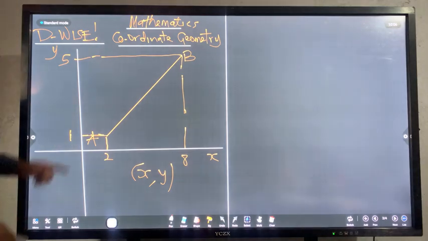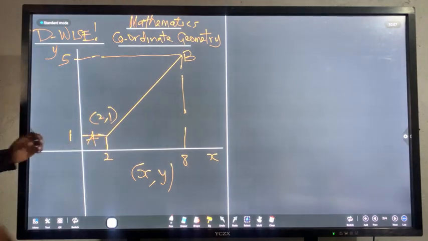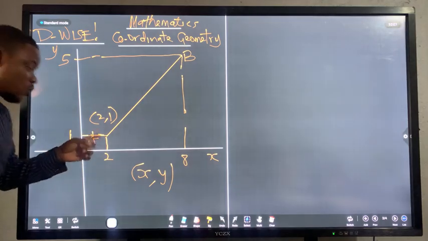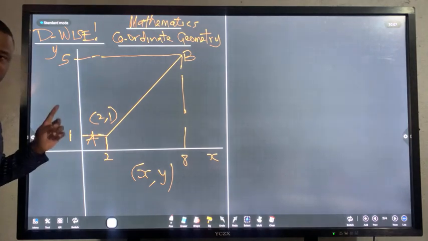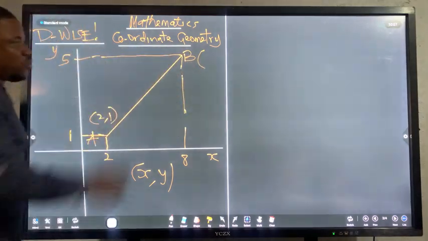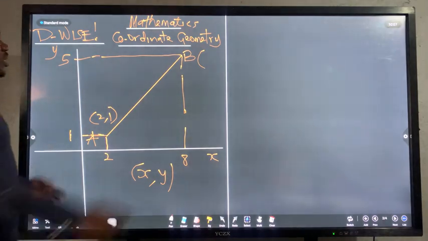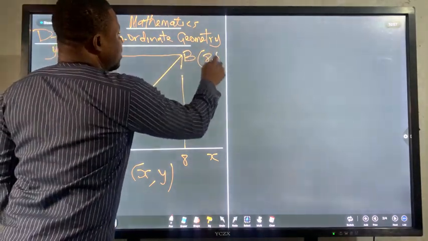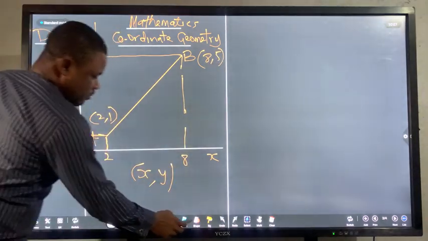Are you with me? So for point A, I'll have 2 and 1, meaning that this point A coincides with 2 on the x-axis and 1 on the y-axis. Are you with me? So without any further ado, I want you to tell me what the coordinates for B will be. 8 and 5. So the coordinates for this are 8 and 5. Alright? Now if I continue this line,